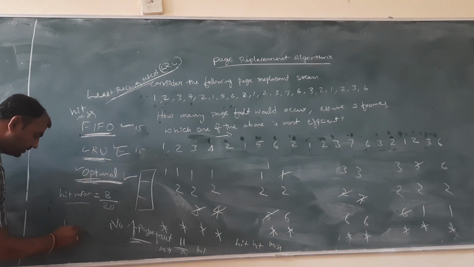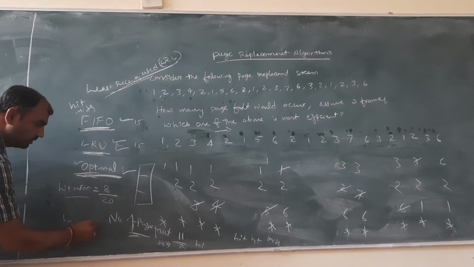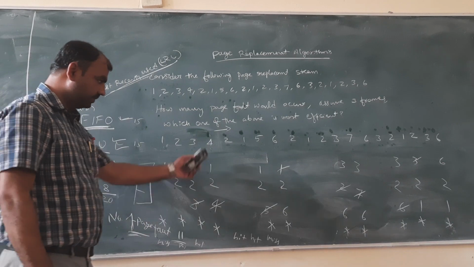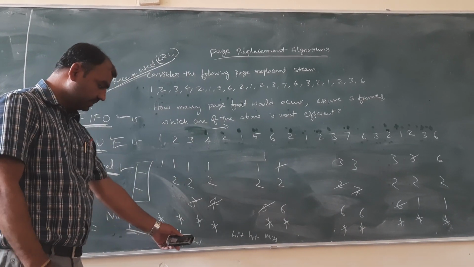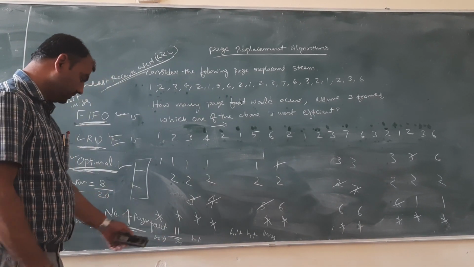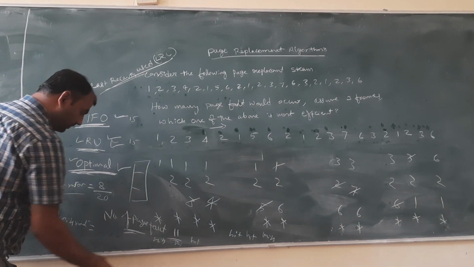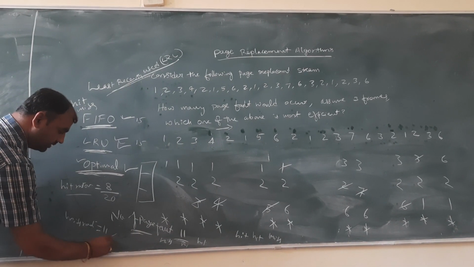Miss ratio means how many misses are there? Missing. That page is missing, right? That is what miss. So then this is, you can say here it's 11. So 11 by 20 is the